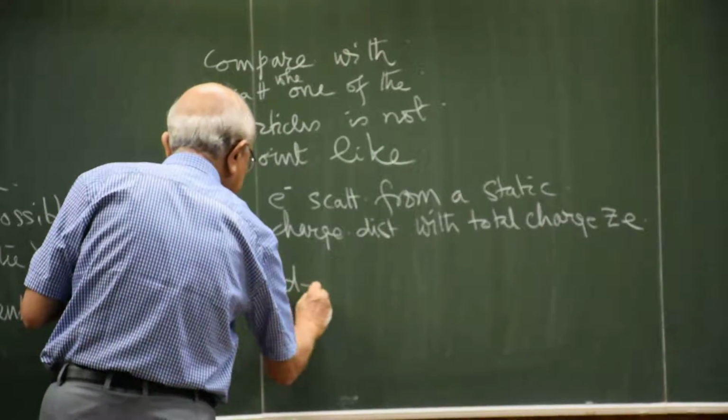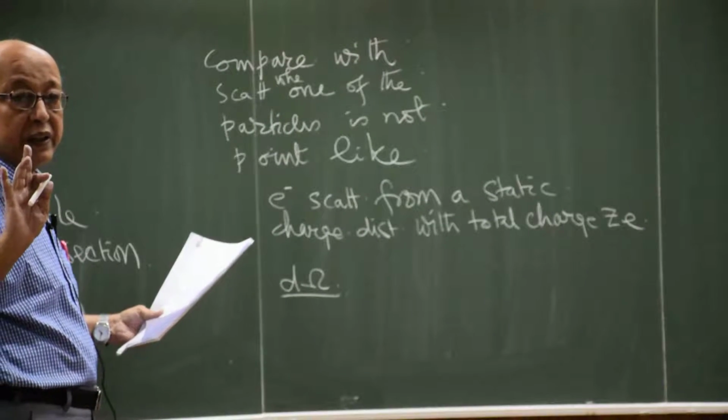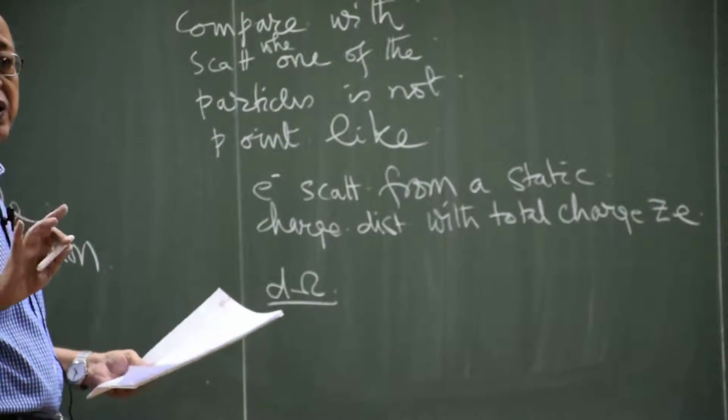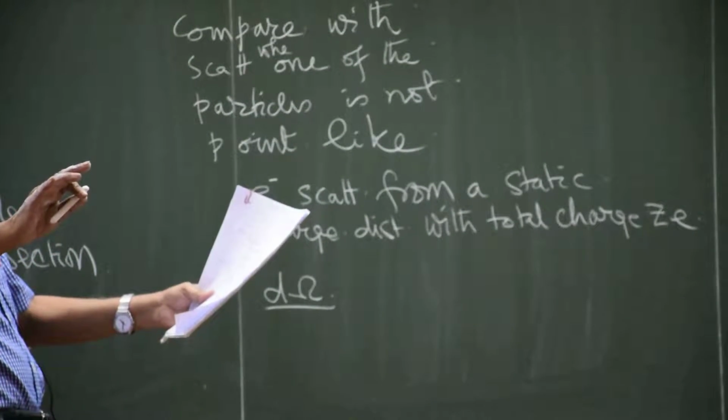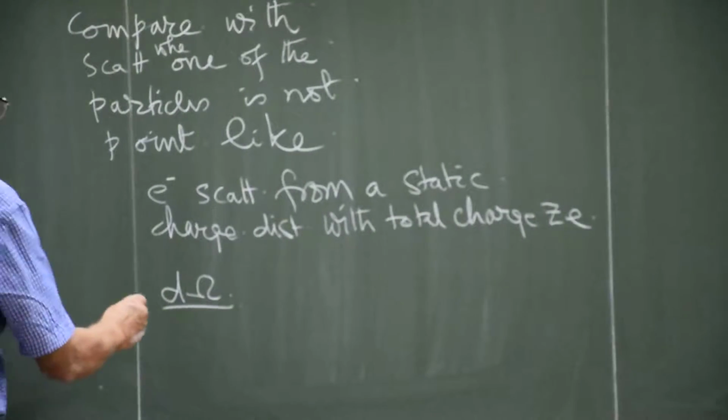This is by the way a complete calculation. We are not approximating anywhere. We are just taking a charge distribution of total charge Z and computing it, and it turns out